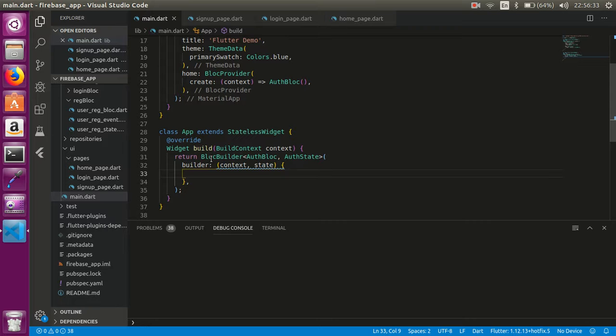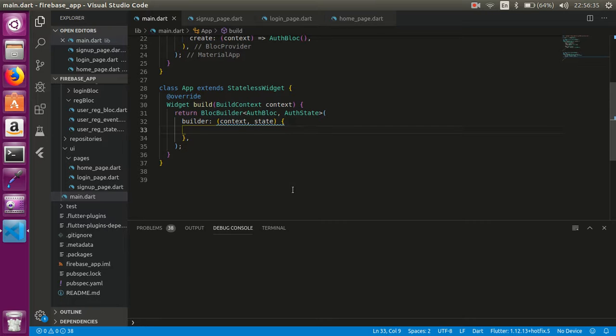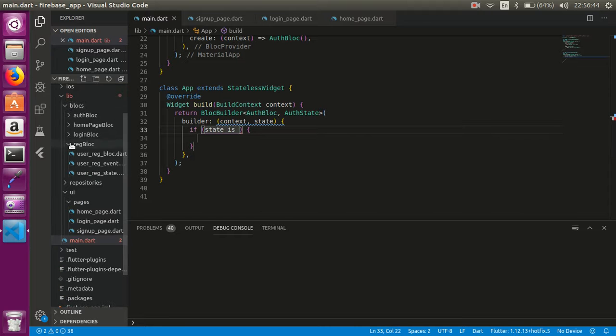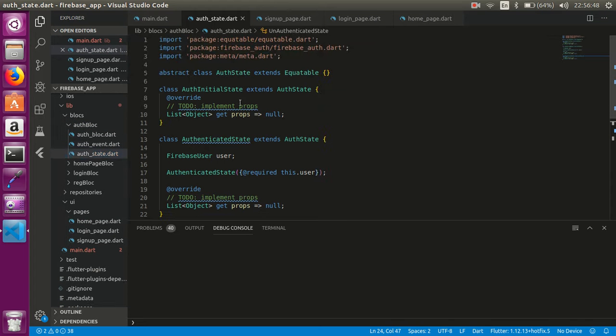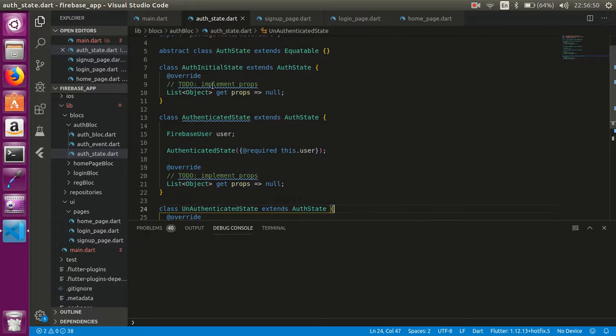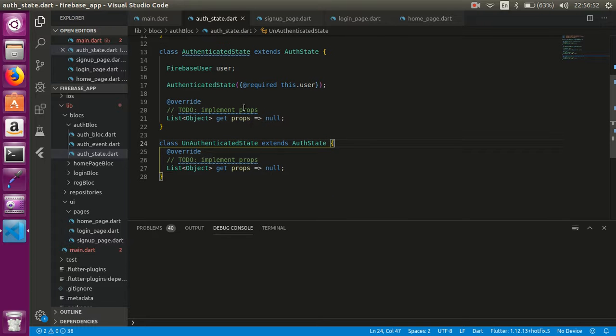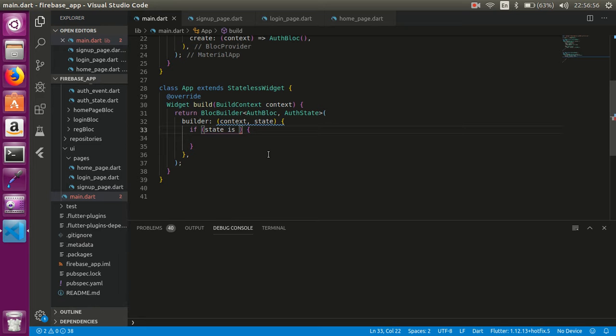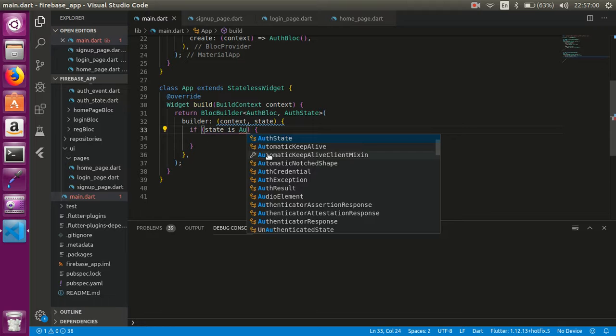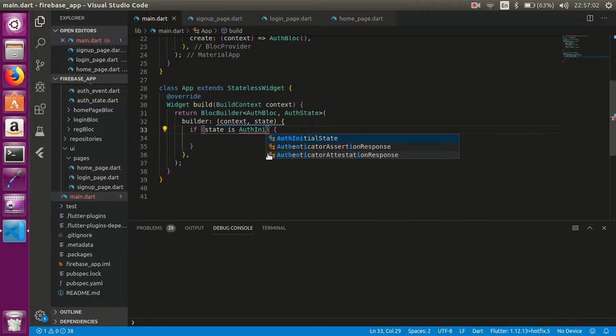Now let's check the state of the bloc. If you check the state here in the auth bloc, what are the states? There are three states: auth initial, authenticated, and unauthenticated. So let's check all of them. If the state is auth initial state,